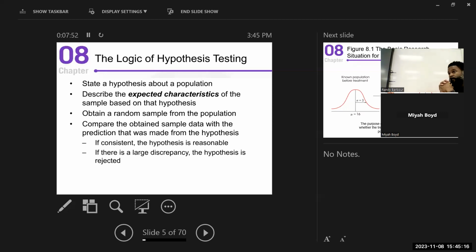That's what we're going to get to. Because for a large discrepancy, we have to set what that discrepancy would be, right? So I'll show you where I'm putting it. So we have